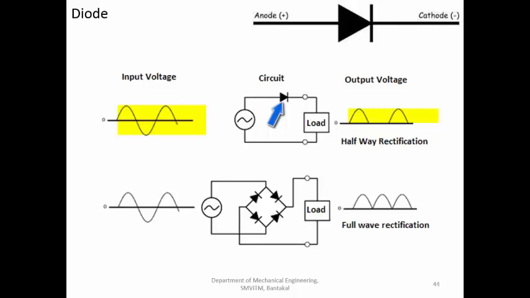Now, if you are connecting the diodes in this particular fashion, in a bridge fashion, then during the positive half cycle, you have the output voltage, and during the negative half cycle also, you will have the output voltage. So the alternating current will be coming in a single direction, that is the positive side. That will be the full wave rectification, which means both the positive half cycle as well as the negative half cycle will be converted and you will have the output. So we say that there is going to be a full wave rectification.